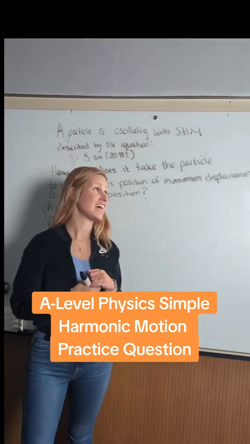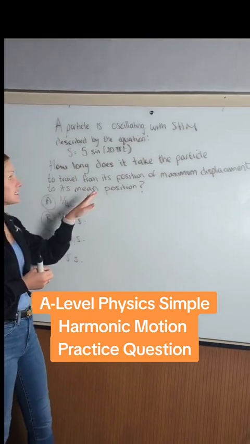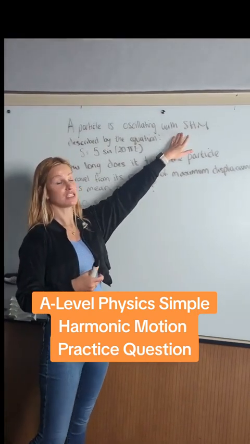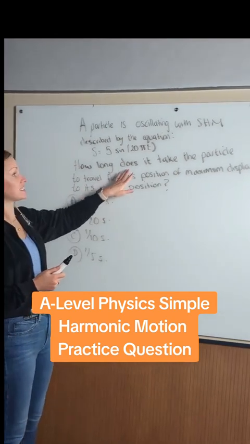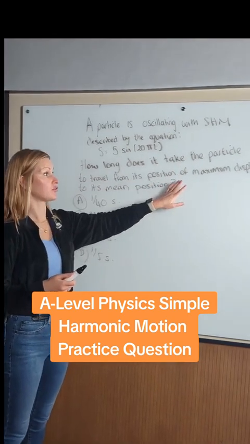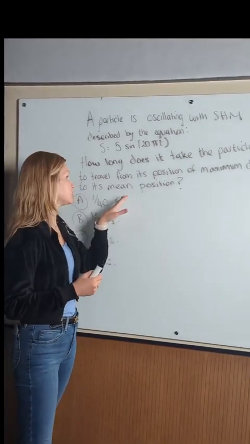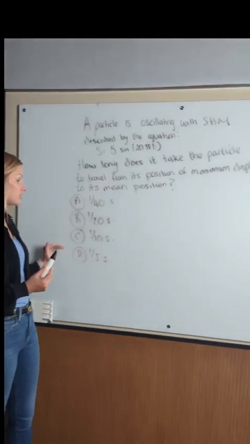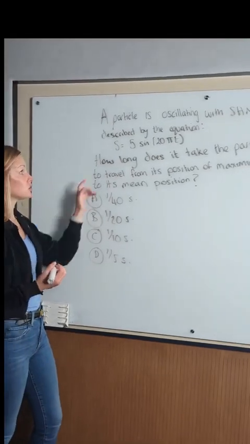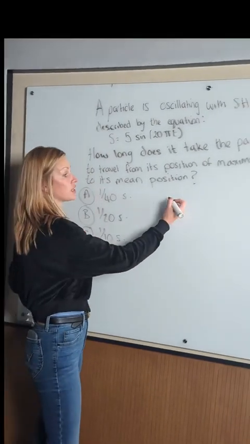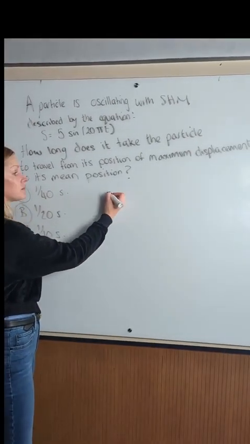So what we're doing today is that we're going to look at simple harmonic motion again to figure out what is the time for this particle to travel from maximum displacement to its mean position. And it's one of these options. Okay. So what we do first is I would look at my data sheet for simple harmonic motion